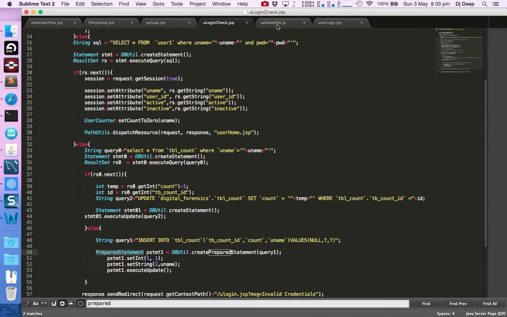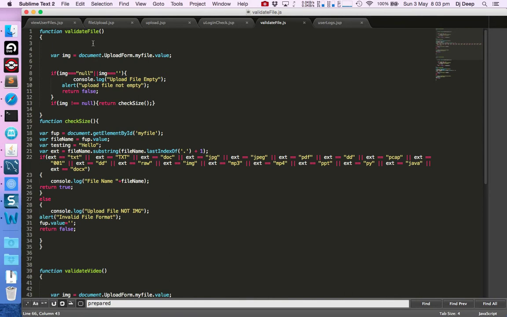And this is while uploading the file, to validate the file, checking the size and the extension of the file. We can upload raw, image, mp3, mp4, text, JPEG, PCAP files, which are used in Wireshark, or a raw dump of the memory.